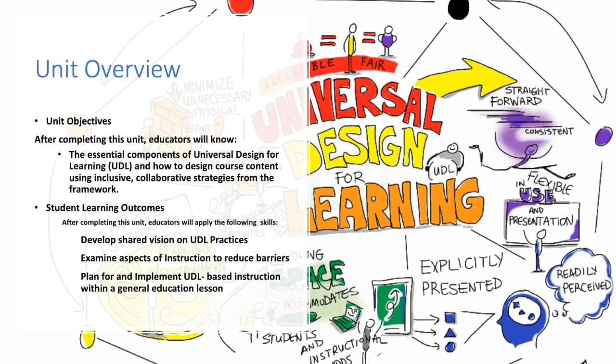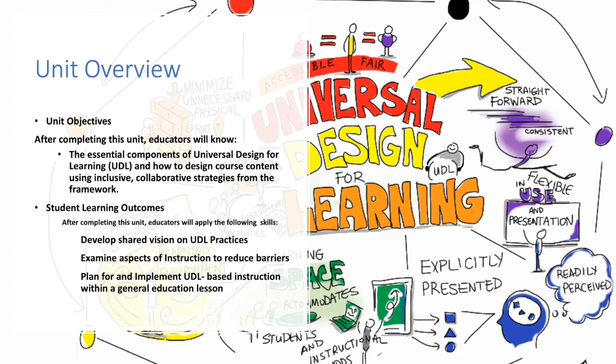I just put them back into the PowerPoint so that you can continuously see what the objectives and the goals are to make sure that if you do have any questions, comments, or concerns, they can be expressed more easily and you can relate them to the student learning outcomes and the unit